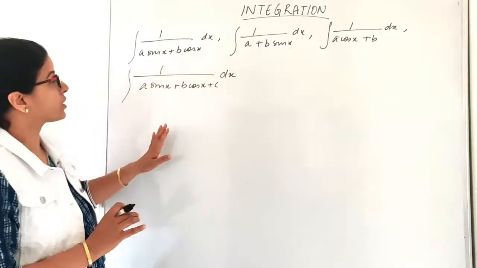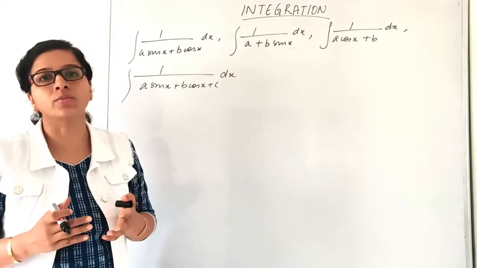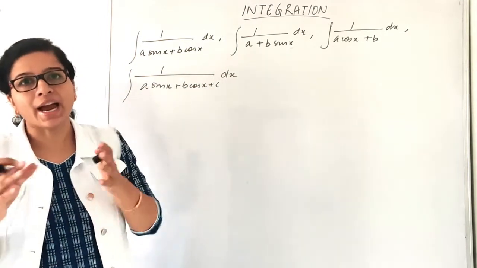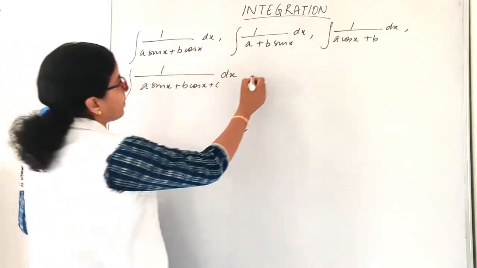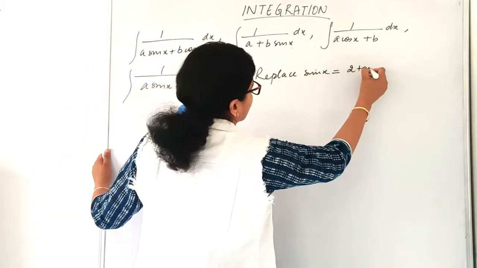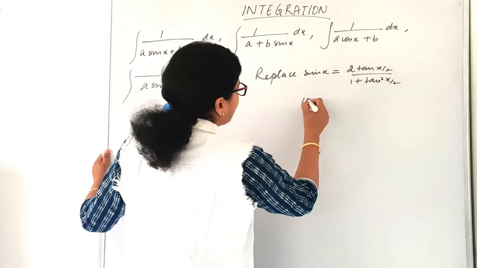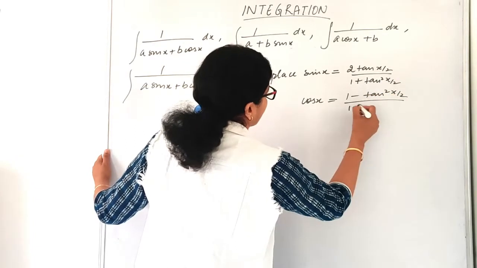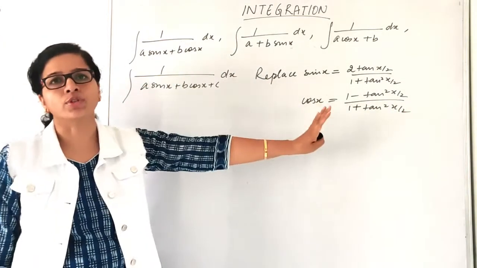So we are done. So just now we studied that if we have the integrand of the kind 1 upon a sin square x plus b cos square x, we divide by cos square x in the numerator and denominator. But in case you have sin x and cos x, what are you going to do? You will replace sin x and cos x by their submultiple formulas. So we'll replace sin x by 2 tan x by 2 upon 1 plus tan square x by 2, and cos x by 1 minus tan square x by 2 upon 1 plus tan square x by 2. Is it clear? And then the same old procedure of substitution will be used.